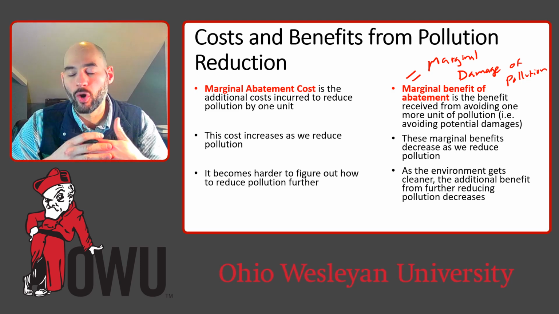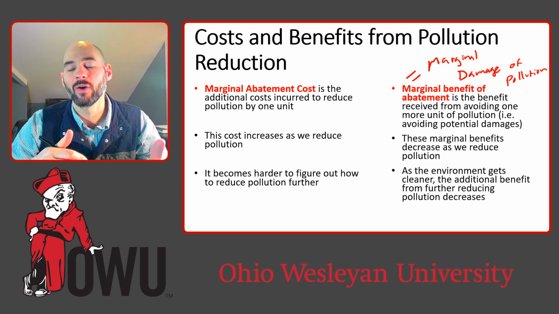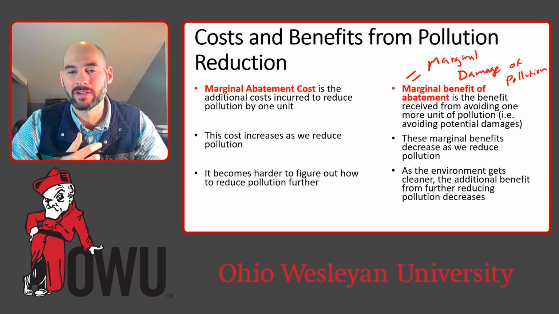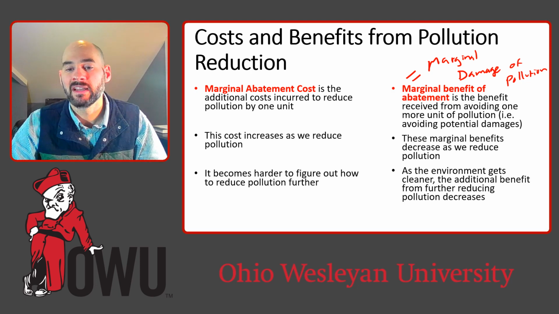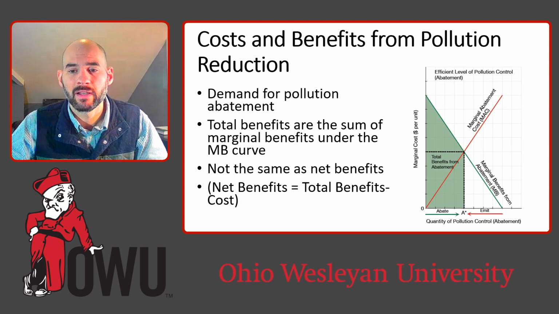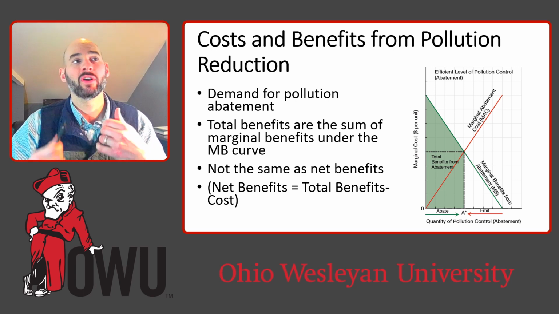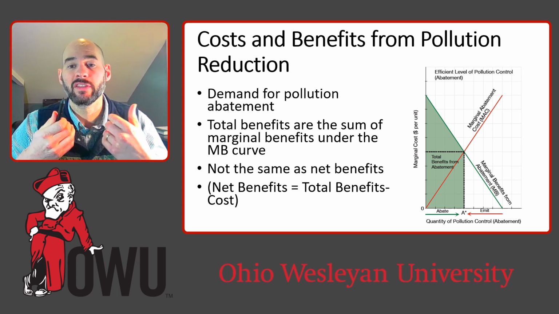So if we have an almost perfectly clean environment and we take out 1 unit, the very last unit of pollution, there's only that 1 unit of pollution in the environment, then the benefit's not going to be that great, right? So the marginal benefit of that isn't going to be that helpful. It's much more valuable to start taking out pollution when we have an already dirty environment. So we'll illustrate how this will work in a new graph here. But it's basically just going to give us the exact same answer as thinking about the marginal abatement cost and marginal damage cost,